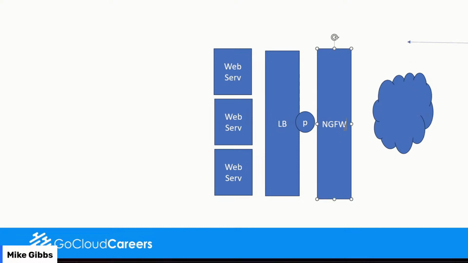What I'd have to do on this firewall is allow TCP port 443, assuming we're using HTTPS, to the public IP address of the load balancer. And I have to allow web TCP port 443 to come into this traffic here so they can go to the web servers and the web servers can respond. Now, what if a user is trying to come in on TCP or UDP on any port other than 443? The firewall will block it.